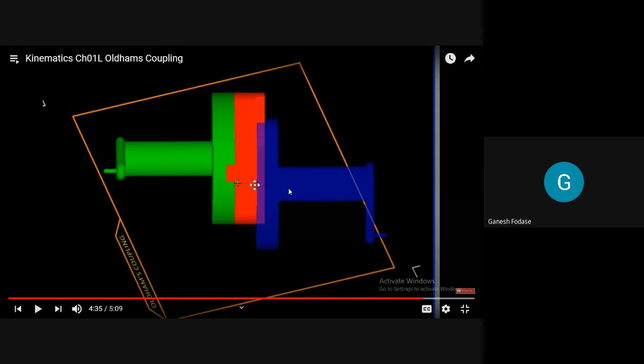Of course. See, the Oldham coupling, I'm saying, is used to connect two parallel shafts. Why am I saying this? Because there are some couplings which are used to transmit power between inclined shafts. So you must have clarity for which particular application. Of course, they are used to transmit motion and torque only. Each coupling, like a hook joint. Have you heard about the hook joint? Yes, sir. Hooke's joint, or you can say universal coupling, is used to connect two shafts having some angular misalignment, while the Oldham coupling is used to connect two shafts having some parallel offset, you can say.